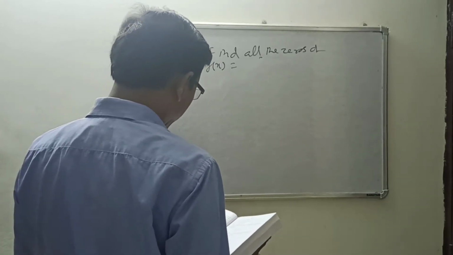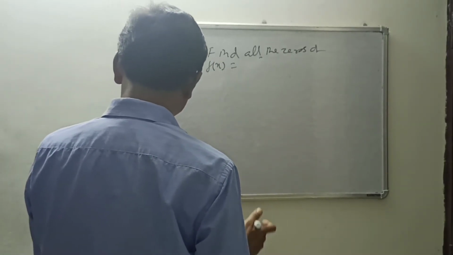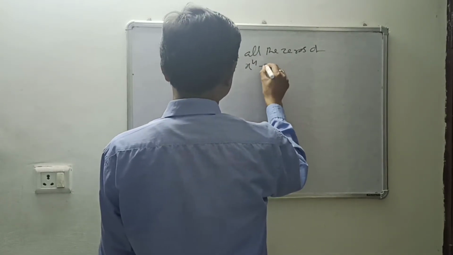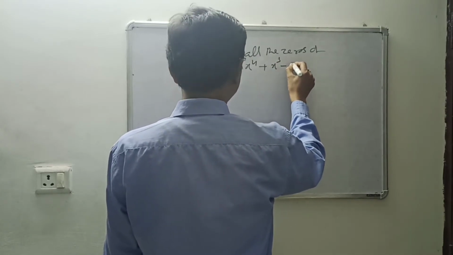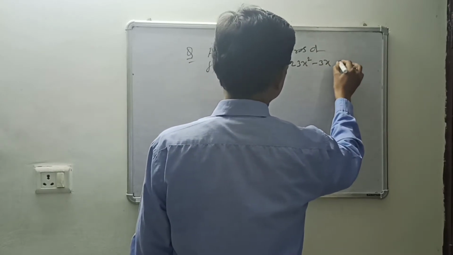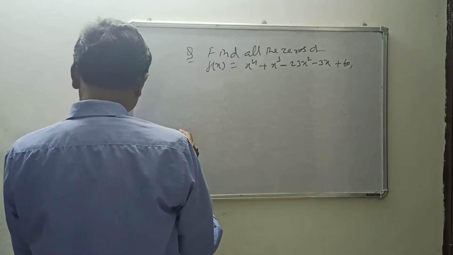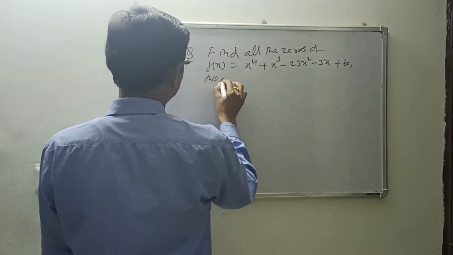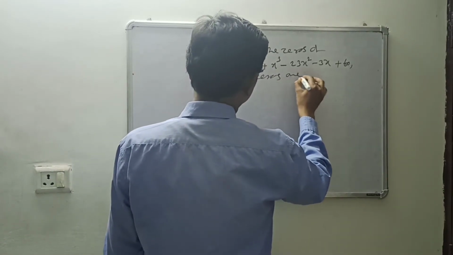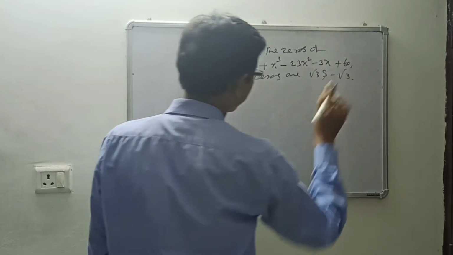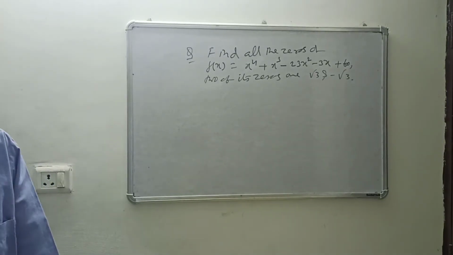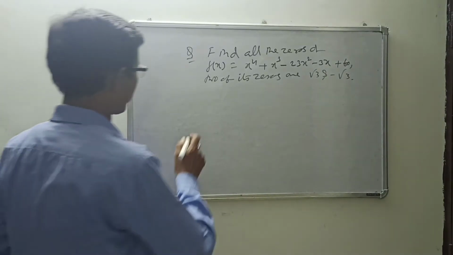In your exercise also you have a question like that. Find all the zeros of the polynomial x^4 plus x cube minus 23x square minus 3x plus 60, where it is given that 2 of its zeros are root 3 and minus root 3. Root 3 and minus root 3 are the 2 zeros given for you. You have to find all the other zeros. So the same